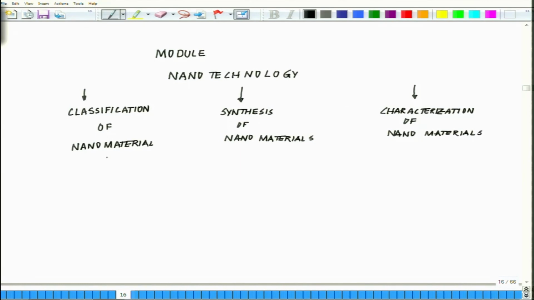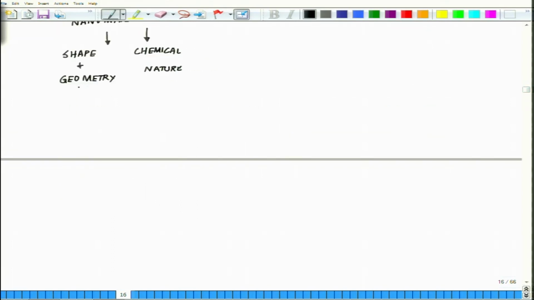Now, in terms of classification of nanomaterial, these could be classified in two groups: based on their shape or geometry, and secondly based on their chemical nature. If we classify them based on their shape and geometry, so I am moving on to this part, they could be either called as